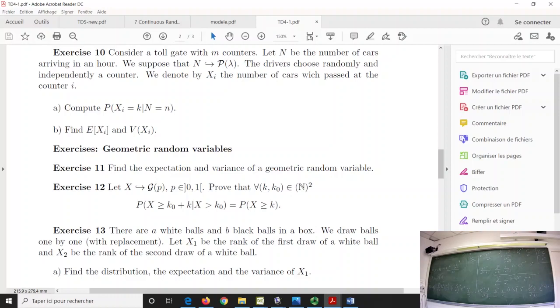So this computation is a little bit long, but once again, I do it step by step. I don't try to find something at the beginning. I remove the terms that don't depend on A. I simplify the C and K with the n factorial, and then I see I have a sum starting from K. I change my index to make it a sum starting from 0, and after I recognize, if I know my course, something that is related to a sum we have already used together. And fortunately, the distribution I obtain for xi is something that is in the course, so the expectation and the variance are computed easily from this one.